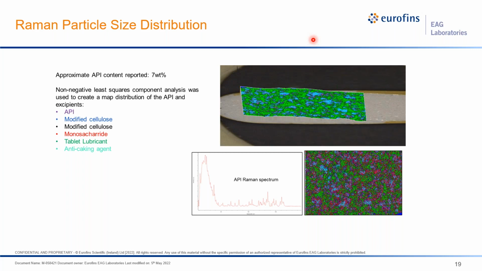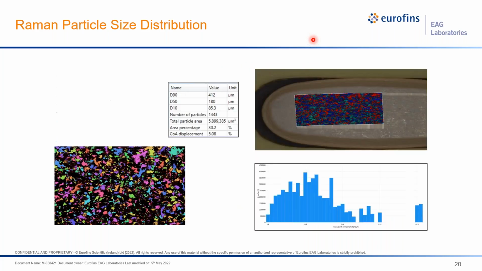So again, standards are very important. We need to run a standard. We're able to identify the API spectrum, and then we go through and look at the tablet. We need to obviously have the rest of the spectrum, so things like celluloses, saccharides, lubricants, caking agents, things like that. And we're able to pull it out and provide you with something like a D10, D50, D90 setup of